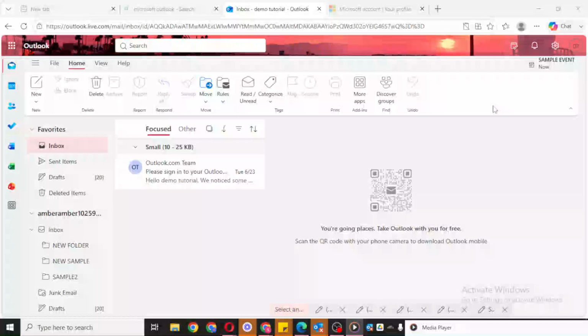In today's video, I'm going to teach you how to change email composing format in Microsoft Outlook. If you want your new emails to appear a certain way every time you write a message, Outlook gives you a simple setting for that. This is useful if you prefer richer formatting with things like bold text, lists and links, or if you want a cleaner, simpler plain text style. In this walkthrough, I'll show you exactly where to find that setting and how to update it.